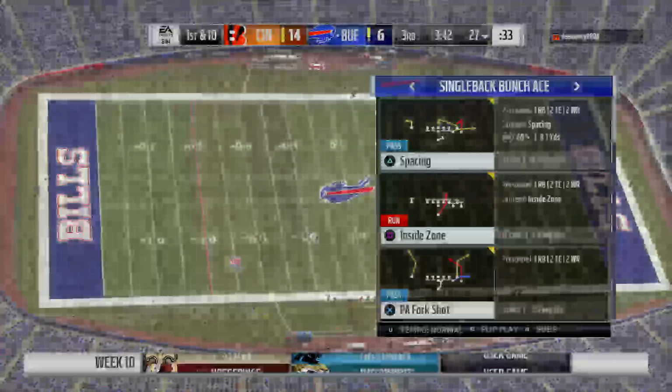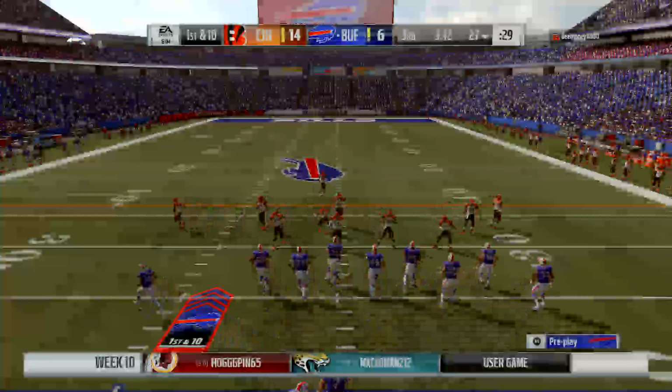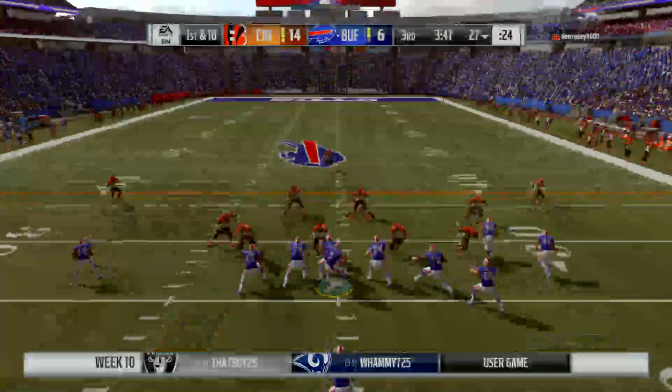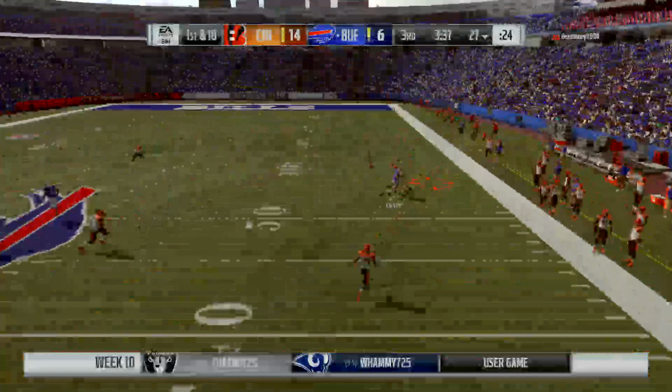And our game's hit a little bit of a lull here, a little bit of a snag. Punts on back-to-back drives. And old school coaches don't necessarily mind that. Didn't turn it over, right? Didn't create a big play for the other team. Right now what you're looking for is can you gain...